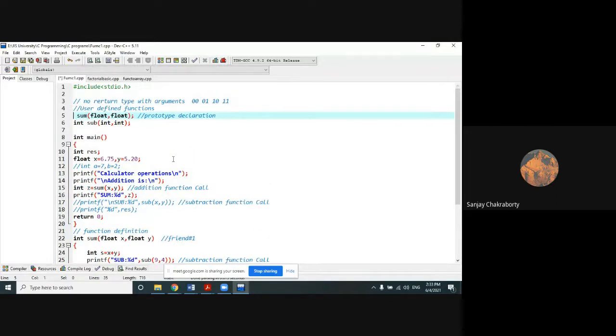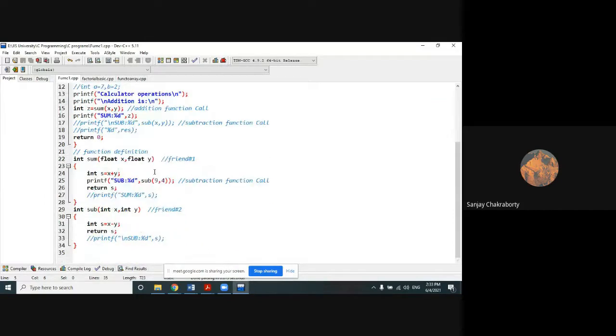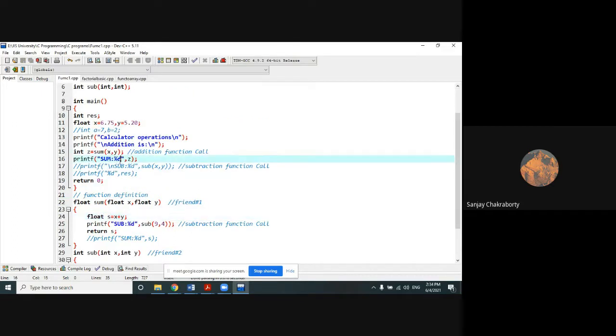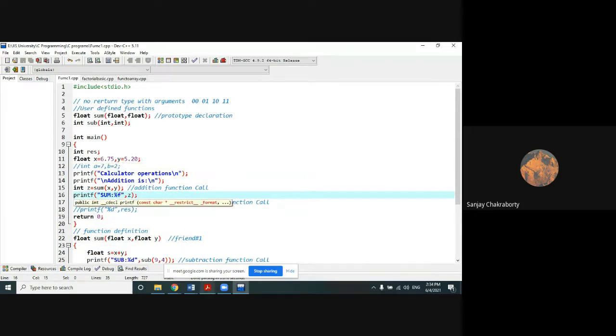Do you understand? So these are the various forms of programming, right? These are various forms of functions. A function is a very, very beautiful thing. If you know how to handle functions in C, then you know the C language very well. There is nothing more to say to you. Knowing the concept of functions is a very, very important job. Okay, so I have already shown you two types of function.